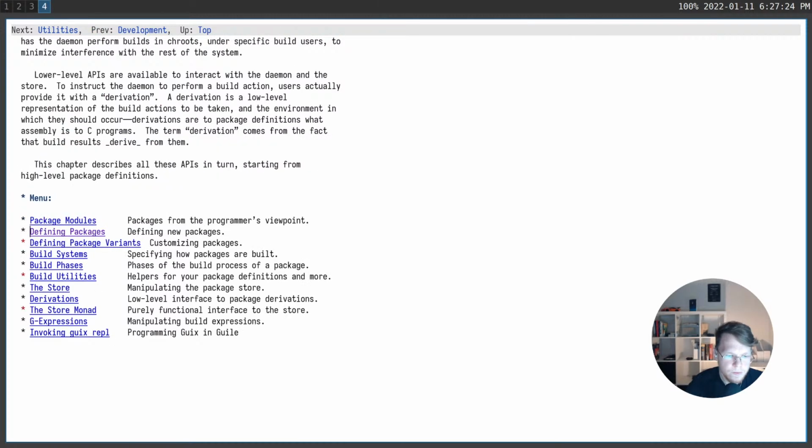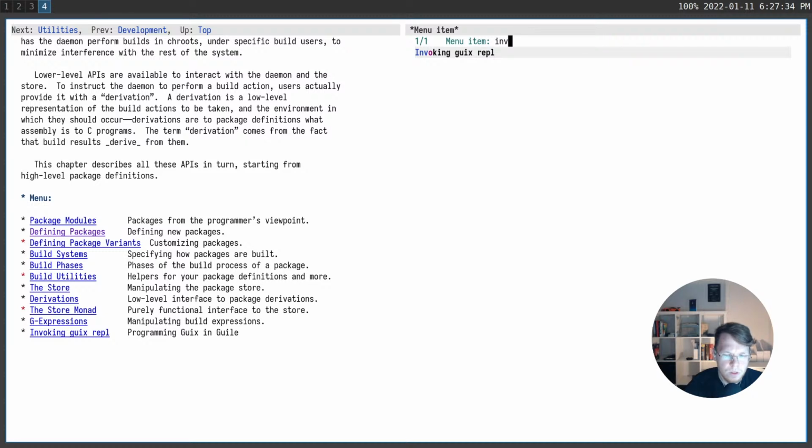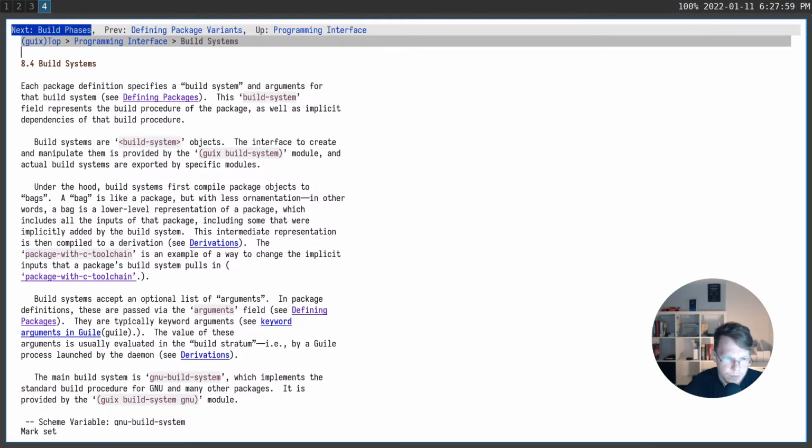when you use menus. For example, here I can type M and list all the menus, and after that pick the one I want, or for example, reduce the number of candidates and pick invoking guix REPL. But also I can type just a number. For example, I will press 4 and I should go to the build systems node. I press 4 and you can see that currently I'm in the build systems node. Here you see breadcrumbs,